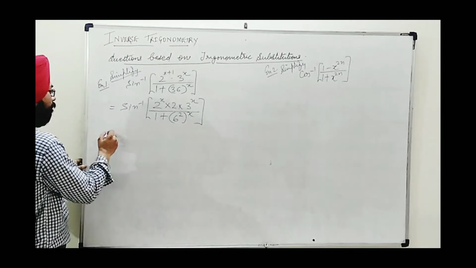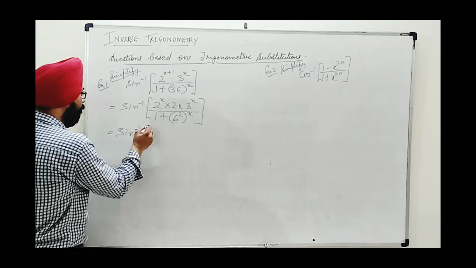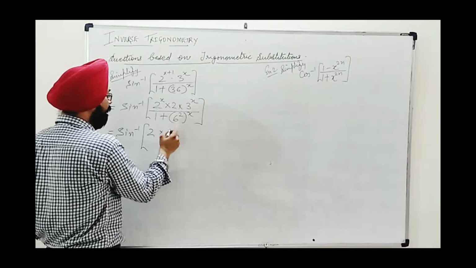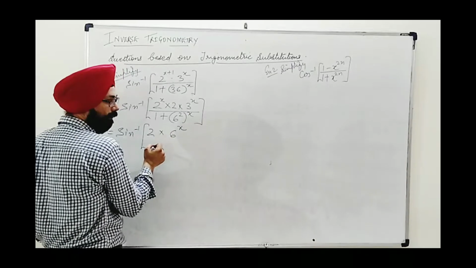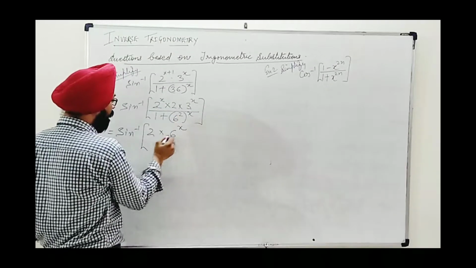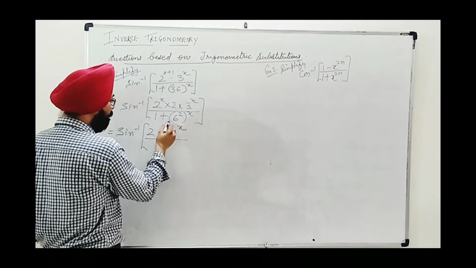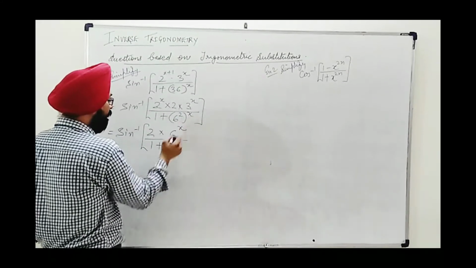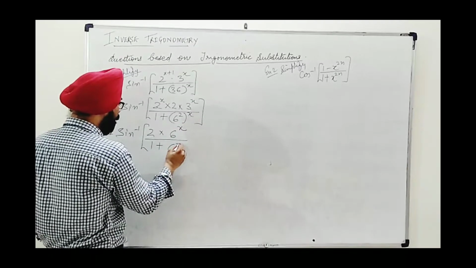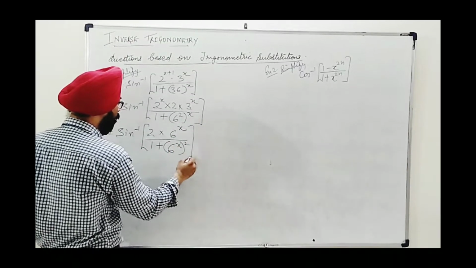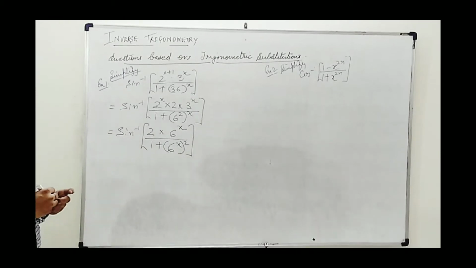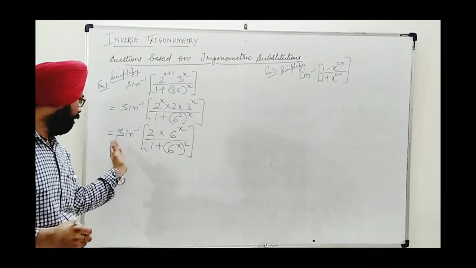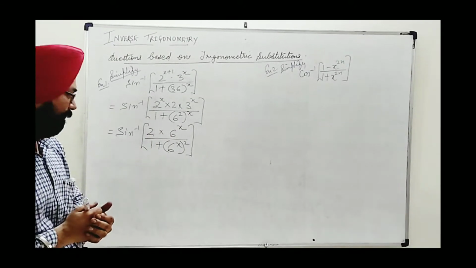Further, if I go, I see sine inverse, these two are separated, these two are with the same power, so they can combine as 6 raised to the power x. X is common, so 2 3s are 6, we will get raised to the power x. Here this can be written as 1 plus, by laws of exponents this x can be taken in and 2 out. We can write 6 raised to the power x, raised to the power 2. Don't forget, if sine inverse is given, do your best to get some sine inside so that we can cancel by the law of cancellation.